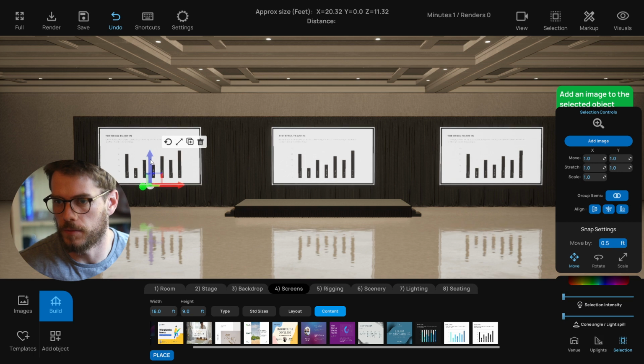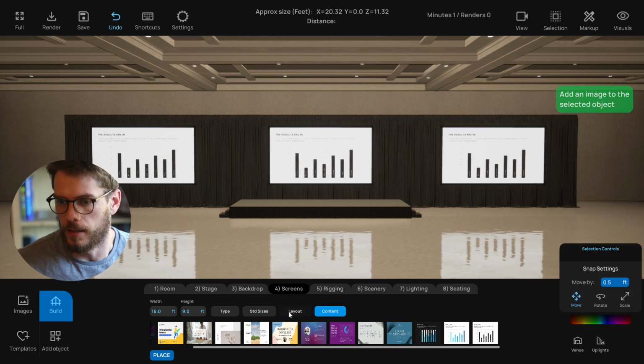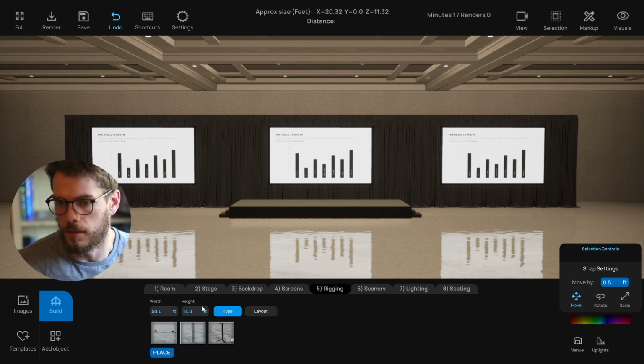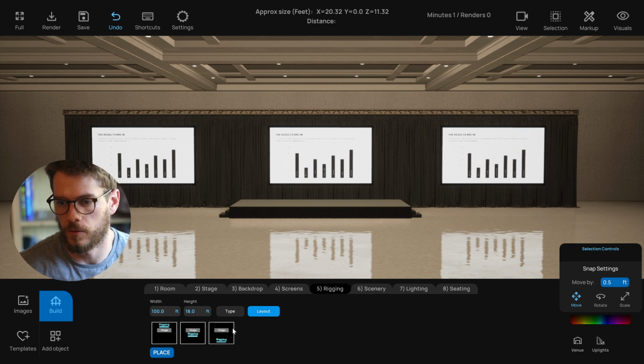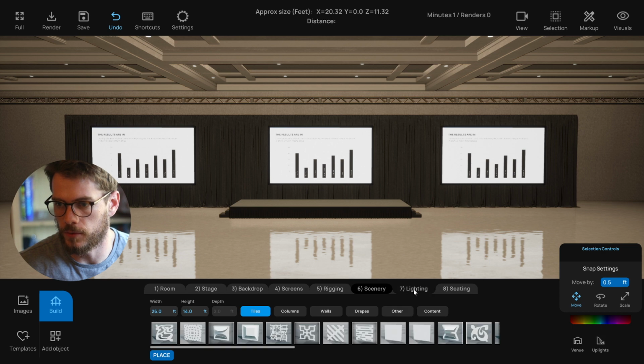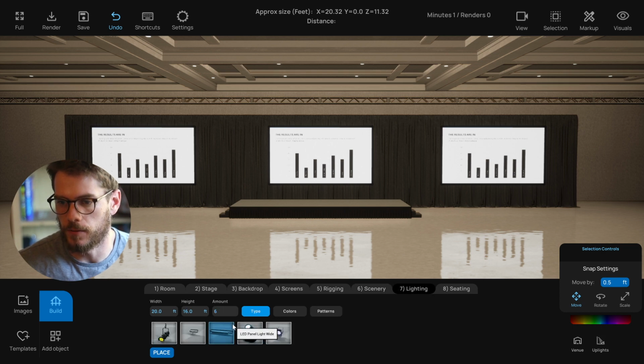Something like this, and then maybe move it up a tad. You could also say that maybe the screens are either hanging or standing on some type of support, which you could add here. For rigging, we'll just go ahead and not do any rigging, but you could easily add rigging to an area like this and adjust the size if you wanted to, or you can move it up to the front here. I'll actually leave it here, and then we'll go over to the lighting option, and we'll just add